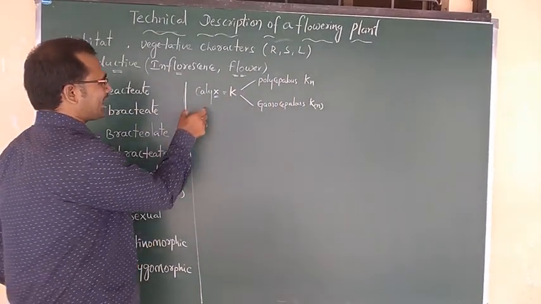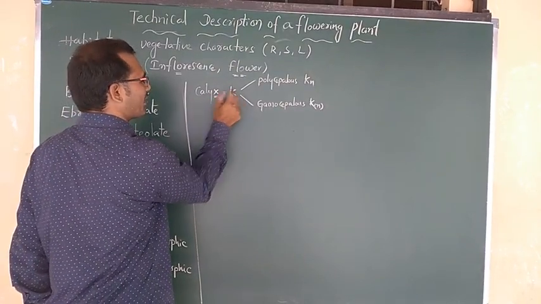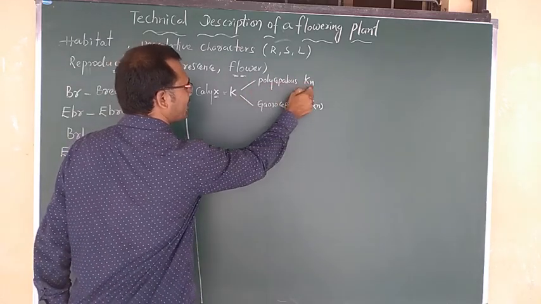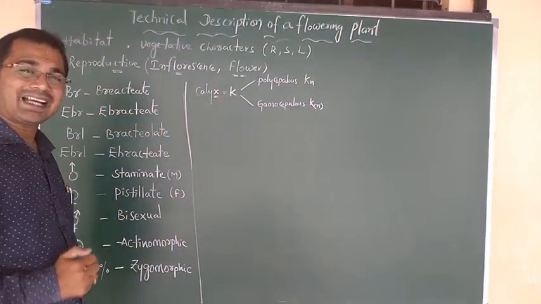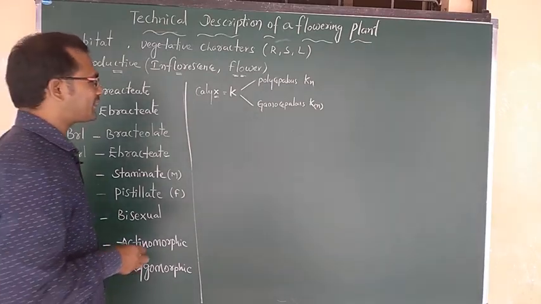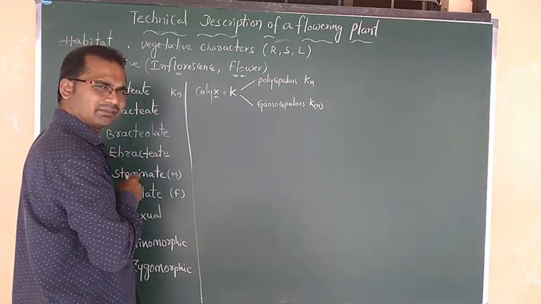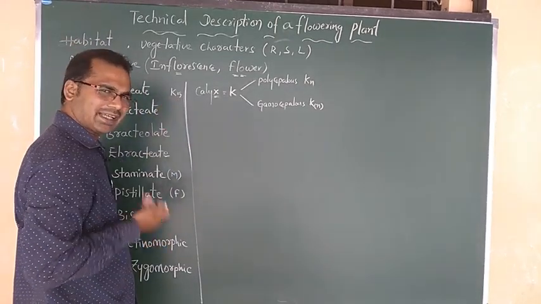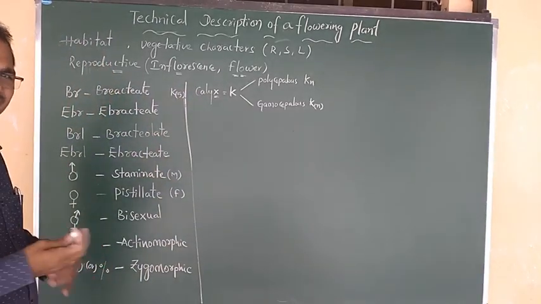Okay? Calyx is indicated by K. It is made up of members, K, and n means number of sepals. Polysepalous we write without bracket. With bracket, what do we call it? Gamosepalous. Example, in case of one plant, coconut plant consists of 5 sepals. 5 sepals means K5, if polysepalous. In case of gamosepalous, I keep it in bracket. Understood? Like that we can write.